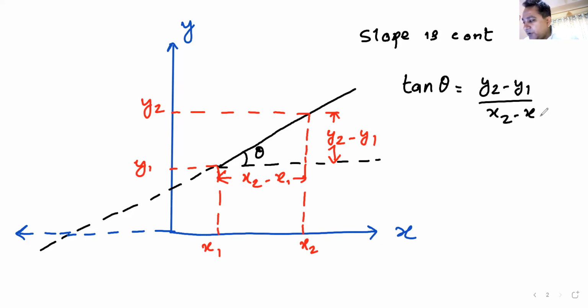Now there is one more way of writing the same thing. And I'll write it like this. Delta y by delta x. Have you seen this notation before? Delta y by delta x. Anyone? No one has seen this notation before? I got no response. Chaturya says he does not know about it.